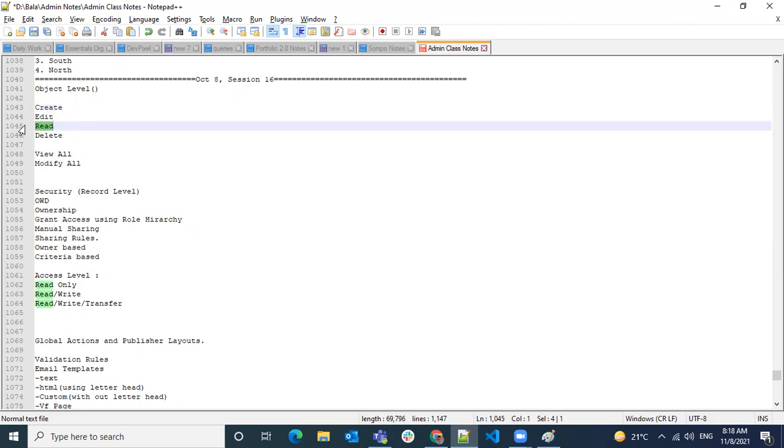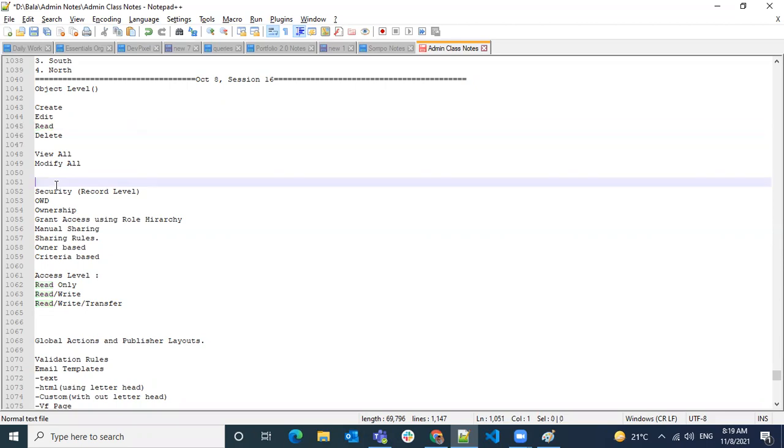If you have read permission, then only you can see the tab, and then only if somebody has records, you can see them. So there are so many things you have to interrelate here. When I'm saying read permission, you are saying on the object level, if you have permission at the object level, then only do we need to think about the record level.